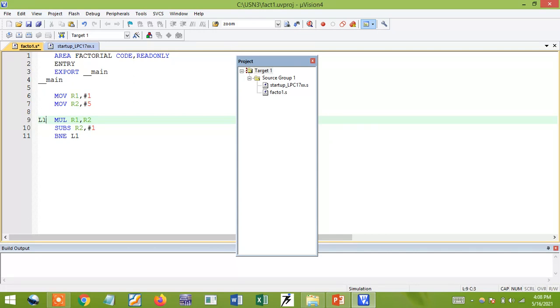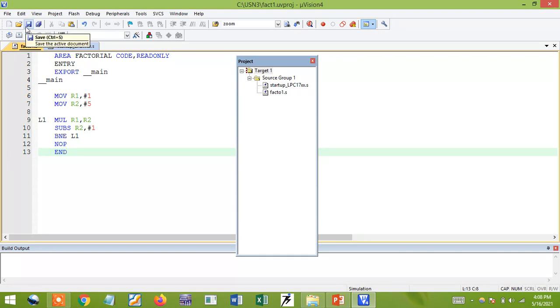Okay. So if it is equal, suppose if it is 1 minus 1, I need to get 0, which means I need to stop the process. So in order to stop the process, what I'll do is NOP, so it automatically stops and ends. That's all. We'll verify. I need to get the 5 factorial value. How much do I need to get? 78. 78 I need to get in the R1 register.